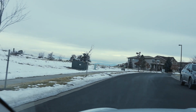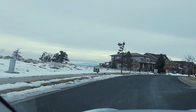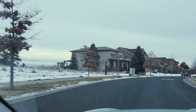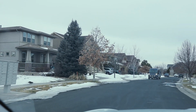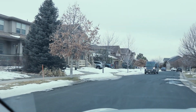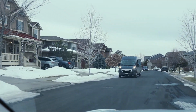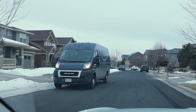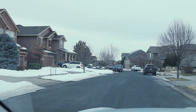All right, guys, so we are driving around now. I'm just passing the community center that they have over here. But you'll be able to see definitely a difference. I try to be as wide of a range of different neighborhoods, different style homes and whatnot when I do these videos, because I want to be able to give you guys as much idea of what these properties in Colorado look like, especially if you've never been here. And even if you have been here, it's definitely hard to get your reins when it comes to like neighborhoods